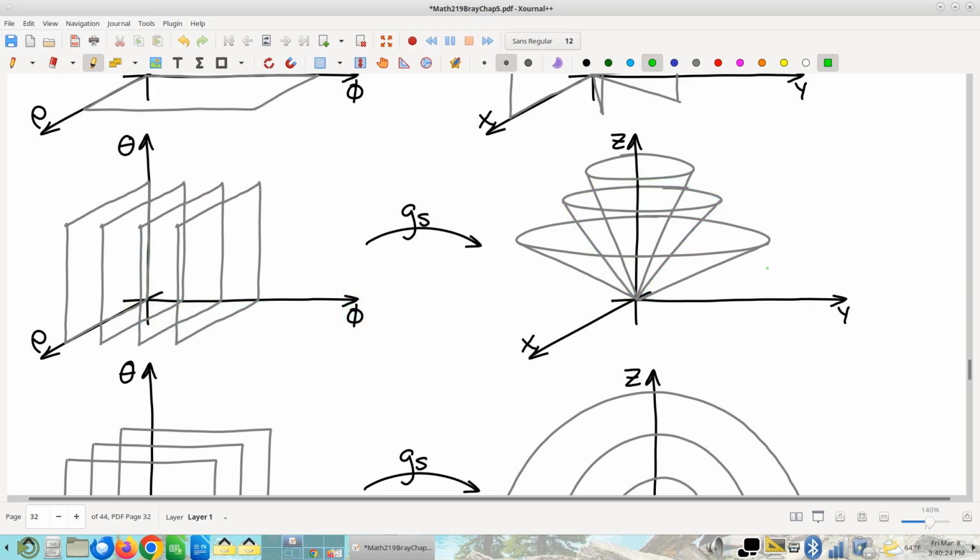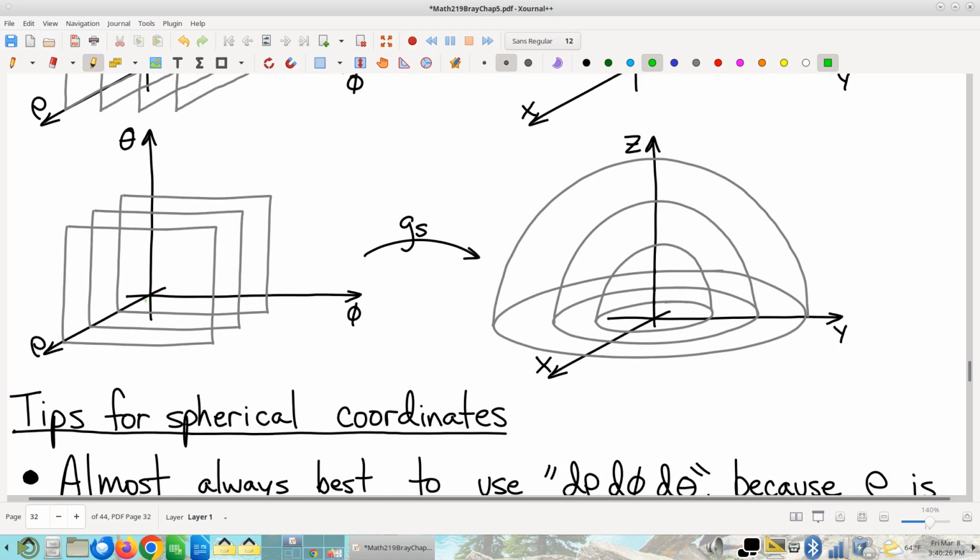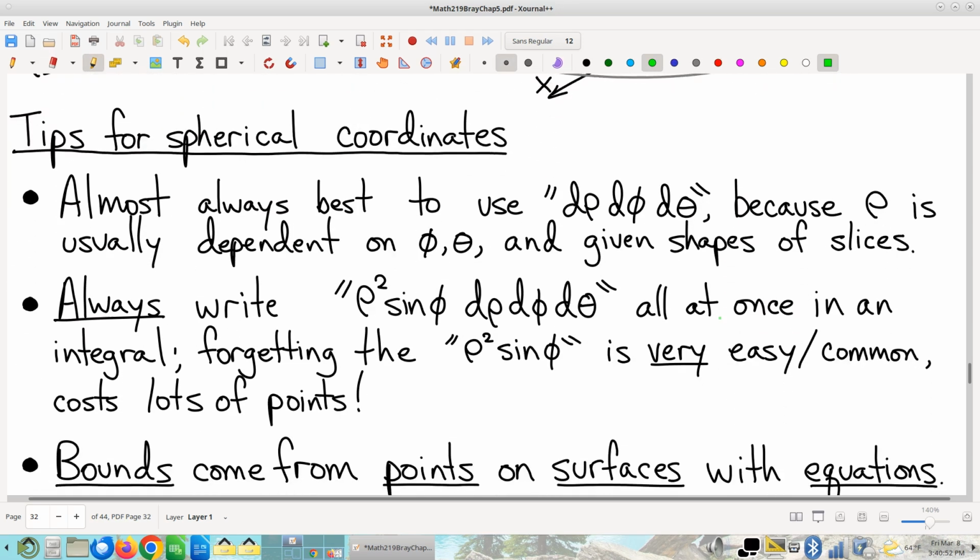And then even weirder, what is a rho slice? Okay, well, if I want to look at a constant value of rho, being distance from the origin, a rho slice is going to be part of a sphere. Geometrically a little bit harder to visualize, and that's kind of bad news. A little discouraging. There's some great news to follow, though. Again, with the tips and tricks,